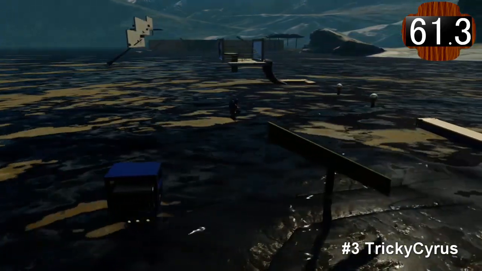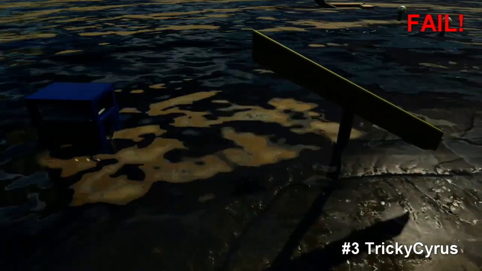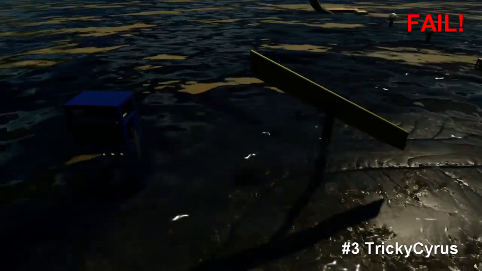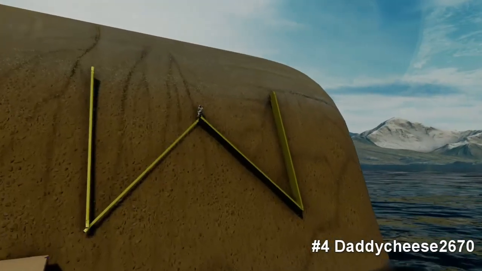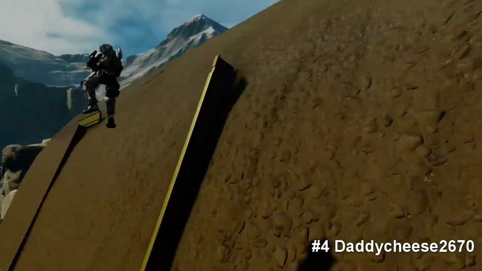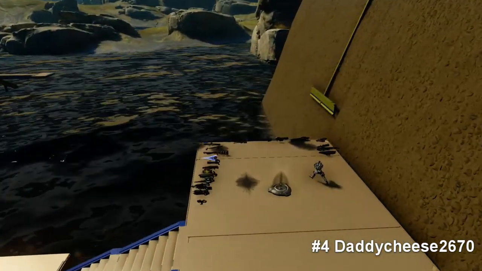And through that easily. Oh, he jumped way too quick on the slanted descent, and he's the first person to ever fail before the lollipop hop. That is unfortunate. Did not expect that one from Tricky Cyrus, but we do move on to our next competitor,